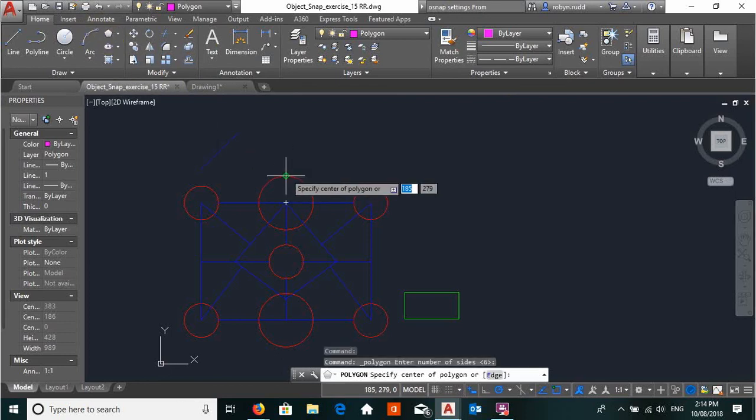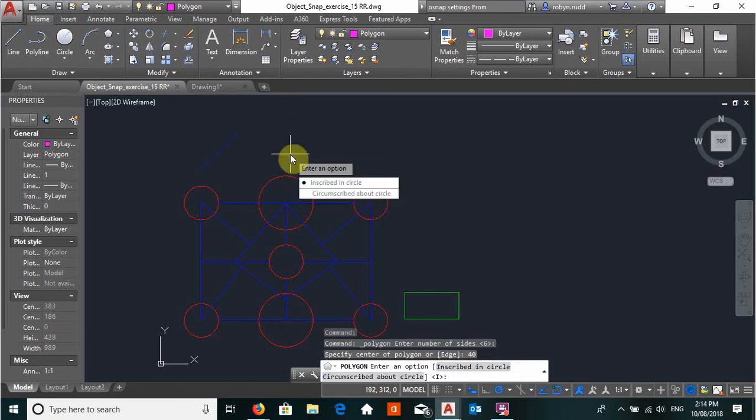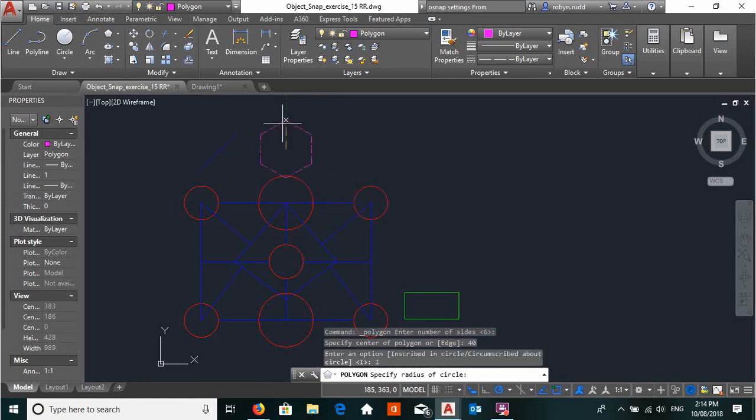enter, six sides, quadrant, hover up, type in 40, enter, inscribed, encircle, and your radius is 25. Finally, okay,